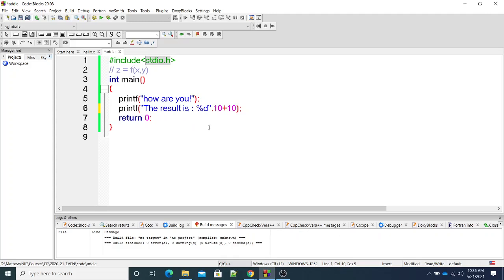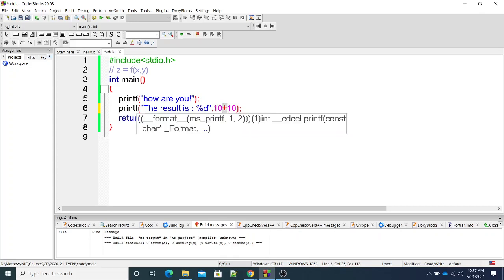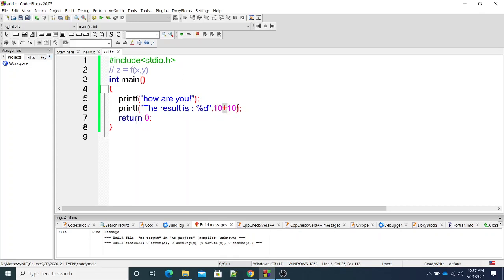Math.h has code for square root or finding the power of two numbers, as x to the power y. But for trivial operations, math.h may not have it. For that, the language has already provided built-in operators like addition, subtraction, multiplication, etc. So we don't need to use math.h. Okay, any other doubt?